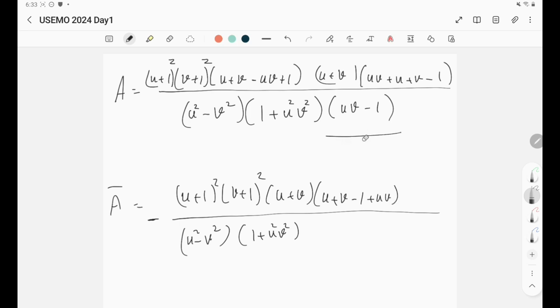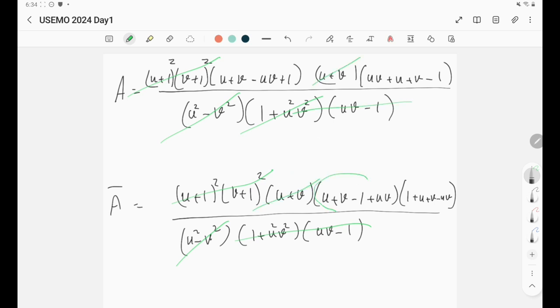Again, we need another uv and multiply it by the denominator. It's going to give us 1 minus uv. So now we have uv minus 1, and this negative is gone. Now we also multiply by uv there, and we get 1 plus u plus v minus uv. Okay, let's see, are these the same? This is the same, this is the same, this is the same, same. We're done. Finally, so this thing is indeed real,